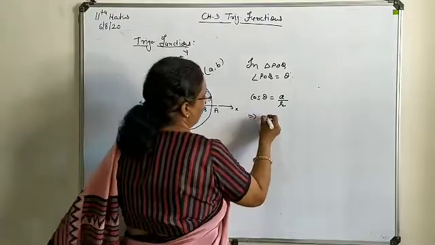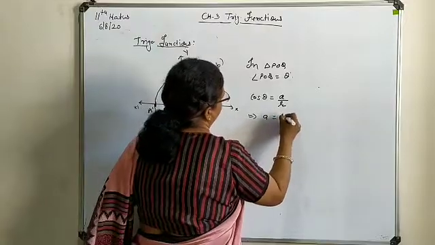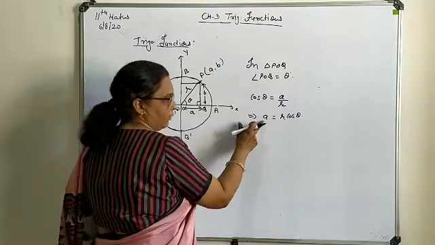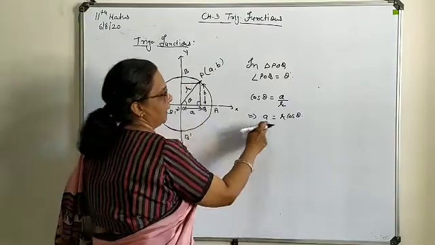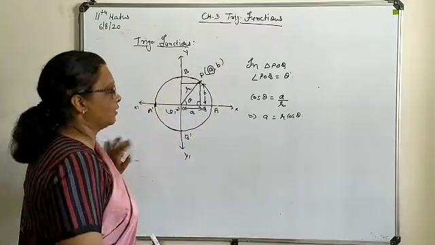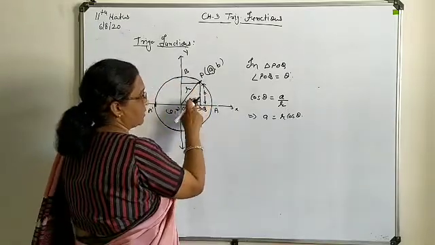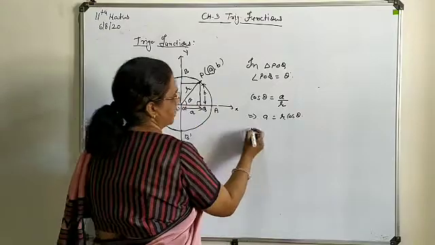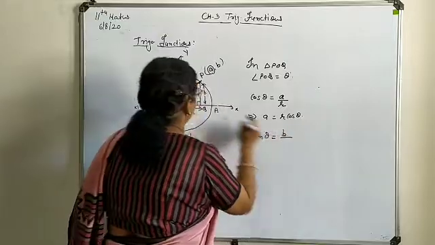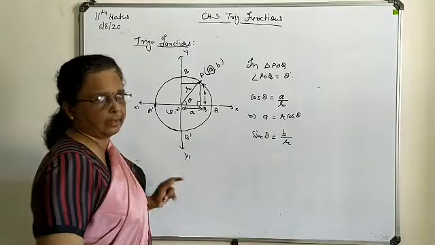So from here, A you can write as R cos theta. Now for the unit circle, meaning when the radius becomes 1, A will turn into cos theta. So in place of this one, you can write cos theta over here. Second, if you are going to describe this B in terms of theta, you take sin theta, which gives the perpendicular B upon the radius R. If R is equal to 1, B will be sin theta.